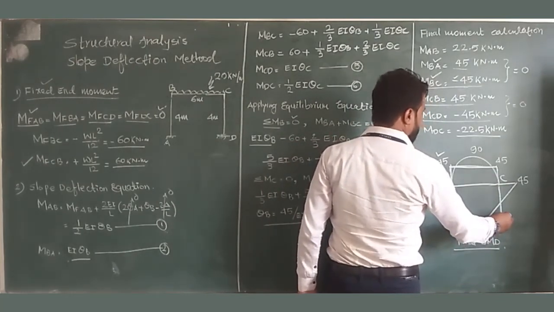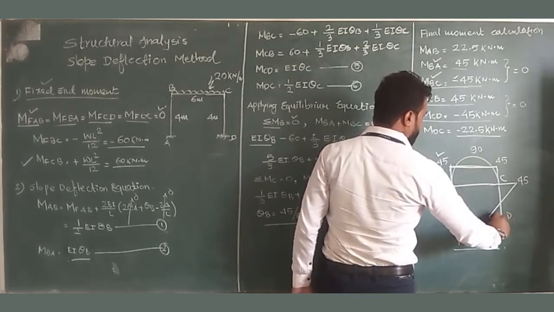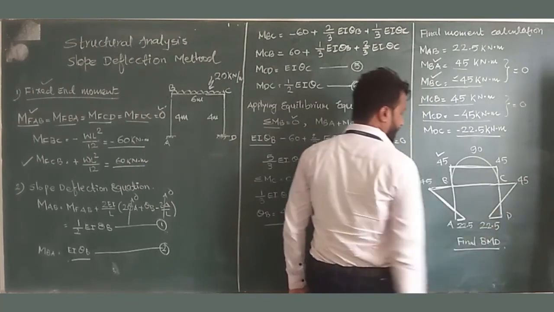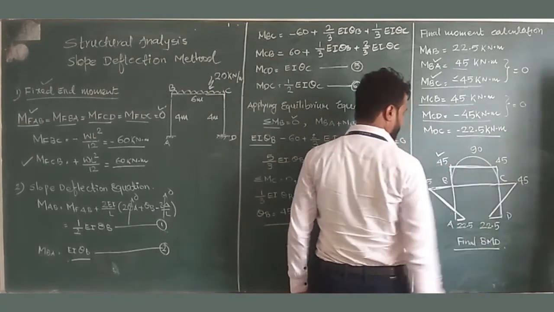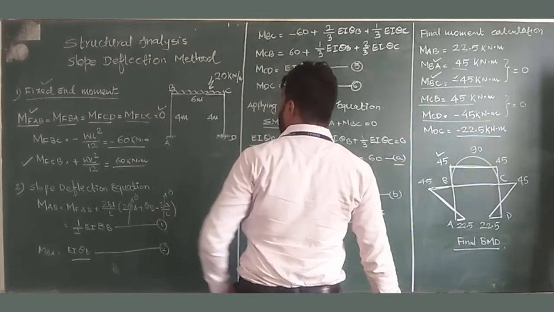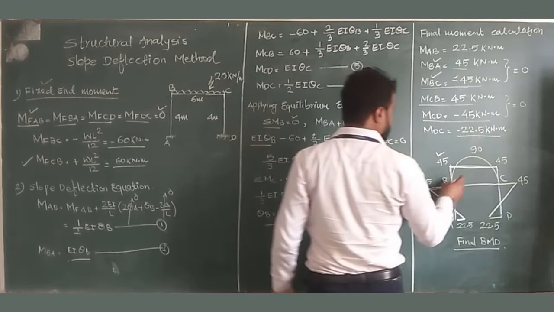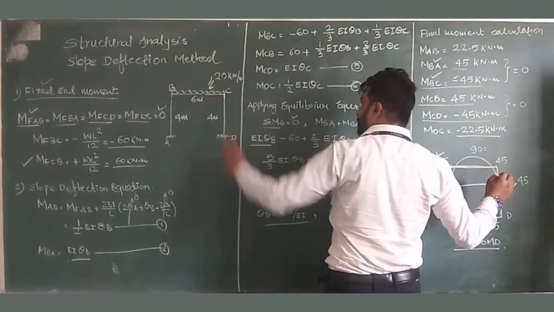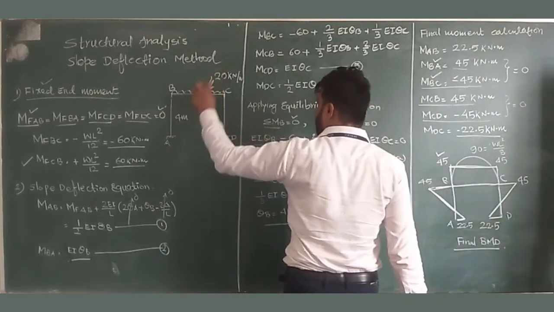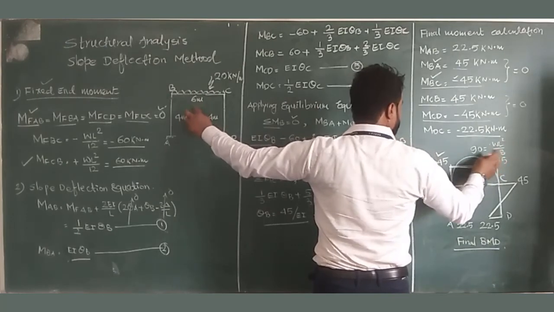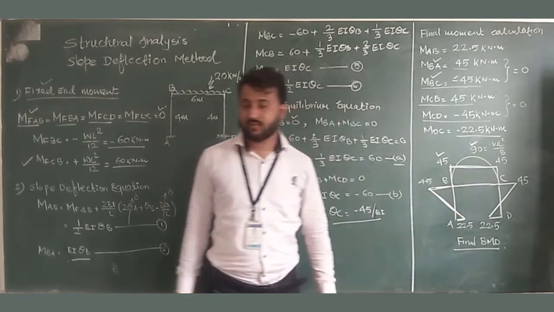Now the second one is DC, moment DC is minus 22.5. We will rotate this in anti-clockwise direction, so this will be on the right side of the column. So we will join this like this. So this is the final bending moment diagram, or we can say the support bending moment diagram. Now we know on beam BC there is one load, so we will draw the free bending moment diagram for this. The free bending moment for this UDL is, we know, WL square by 8. We will put the value of W as 20 and L as 6, divided by 8. We will get the moment as 90 kNm. So this is the final bending moment diagram which we have drawn.